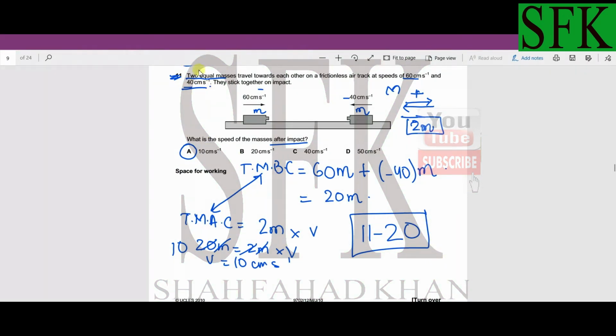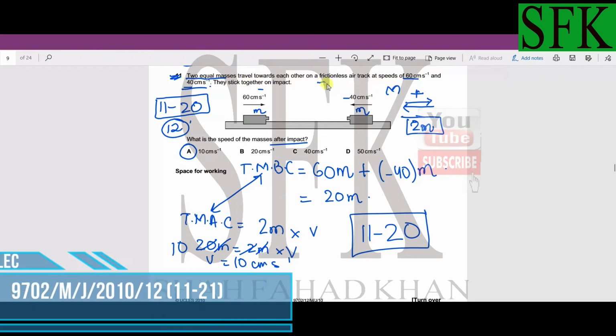Right, so now we are going to continue from MCQ number 11 to MCQ number 20 of AS Physics 9702. This is May June 2010, paper 1 variant 2. Let's get started. MCQ number 11 says two equal masses travel towards each other on a frictionless